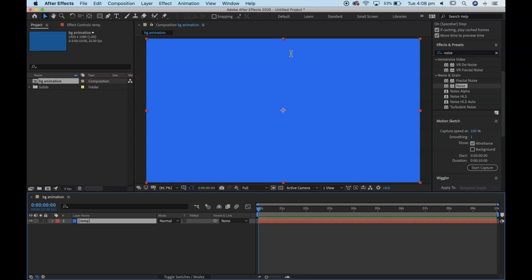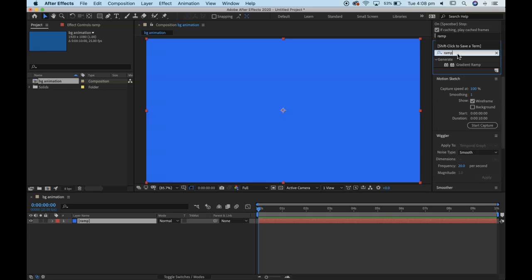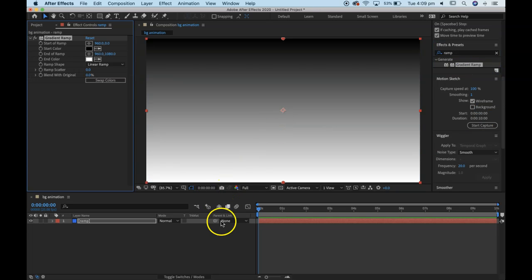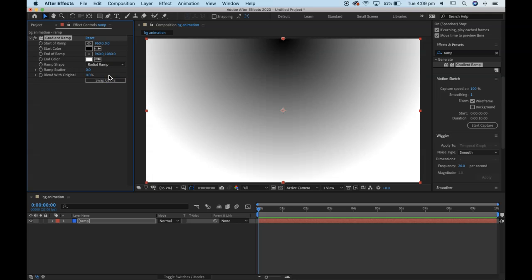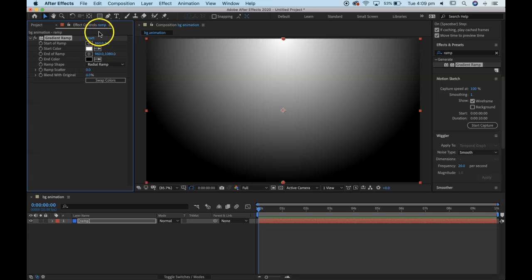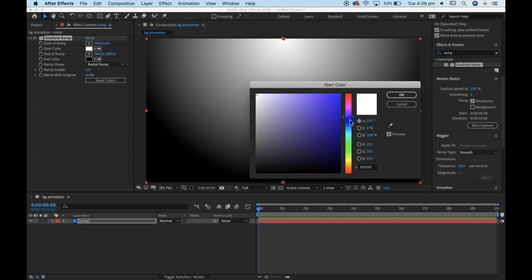And the ramp effect is a way that we can generate gradients in After Effects. I'm going to search for it in my effects and presets search bar, ramp, gradient ramp. I'm going to drag that onto my asset there. By default it's black to white and it's linear, so I can flip that around. I can swap those colors like so, and I can alter those colors, so I can use these color pickers